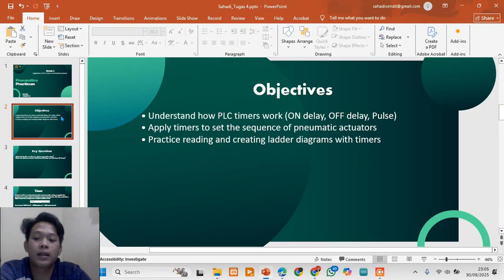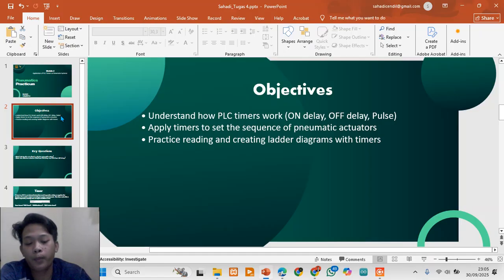The first point is to understand how PLC timers actually work, especially on-delay, off-delay, and pulse timer.